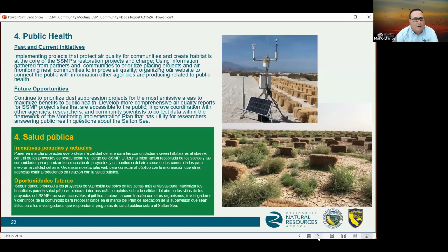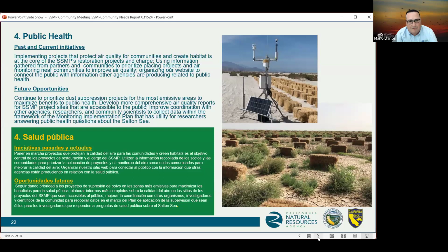Public health. Number 4, implementing projects that protect air quality for communities and create habitat is at the core of the SSMP's restoration projects in charge. While the SSMP does not have regulatory authority over the region's air and water quality, it does conduct monitoring as part of its work within restoration sites.